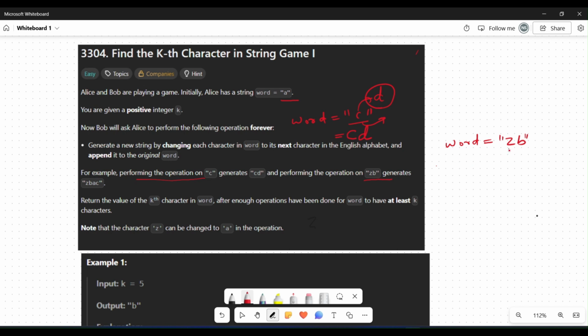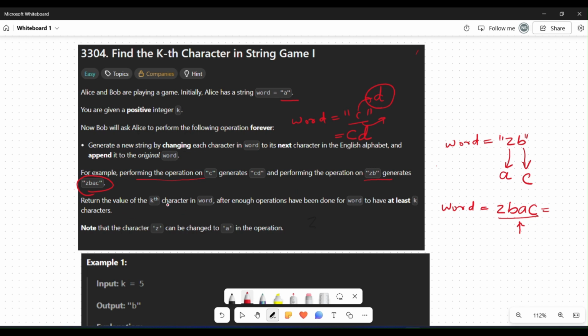So I find the next character of Z, which is A, and the next character of B is C. I will modify the word by changing these two letters. The original word is ZB, so I will add A and C to my original word. Now the current word is ZBAC.